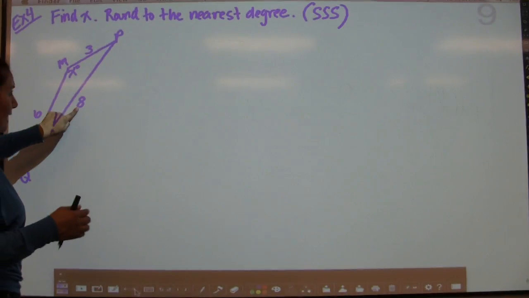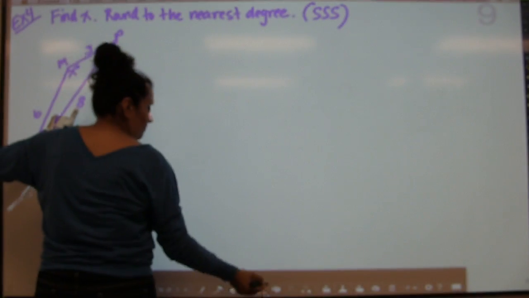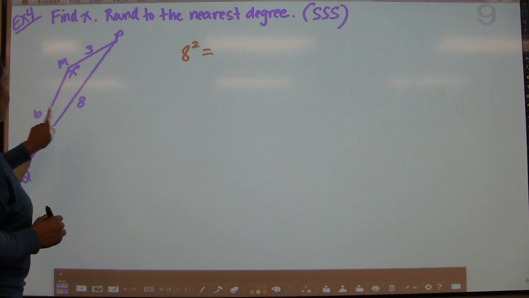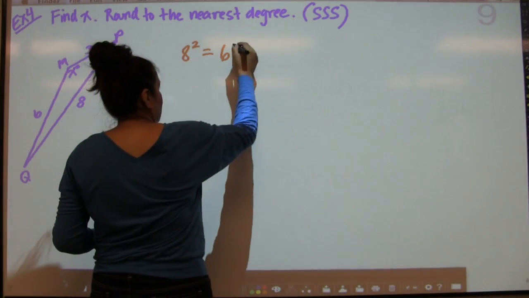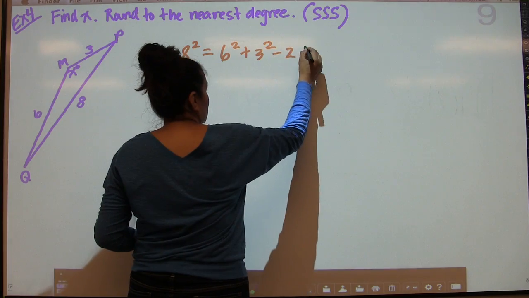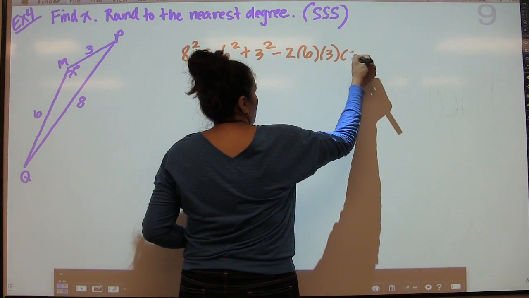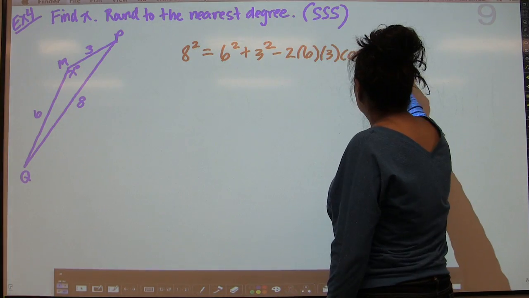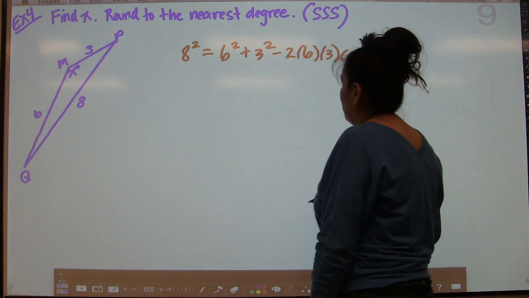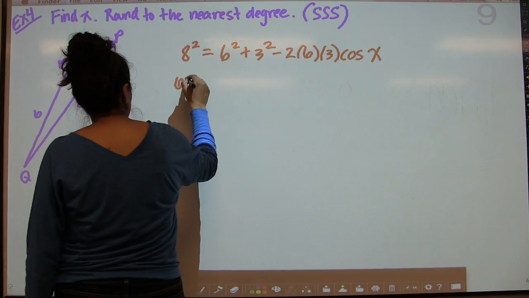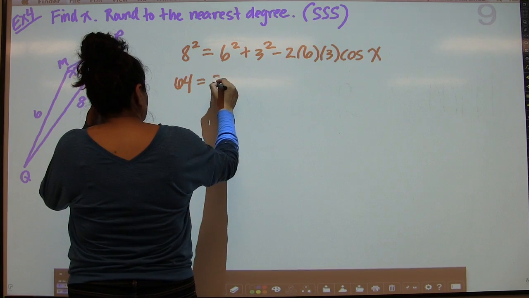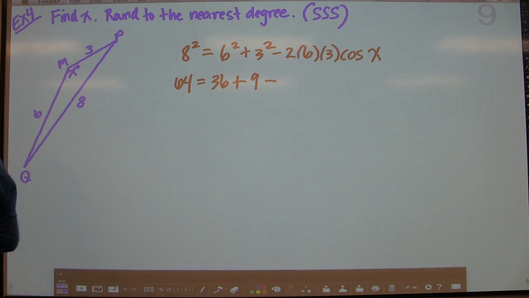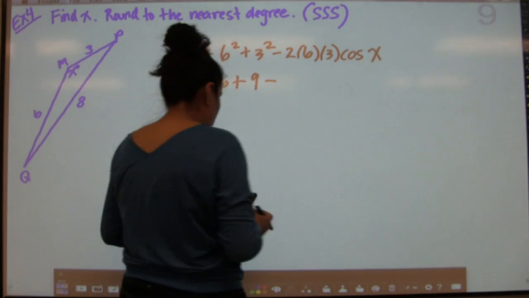The opposite side of this angle is 8, so we're going to start with 8 squared. And once I pull out the 8 squared, the other two sides are 6 and 3. So it's going to equal 6 squared plus 3 squared minus 2 times 6 times 3 cosine of the angle opposite side 8, which is x. Alright? So that's how we do that. And so now we're just going to solve this little guy. 8 squared is 64, 6 squared is 36, 3 squared is 9, 2 times 6 times 13 is 156